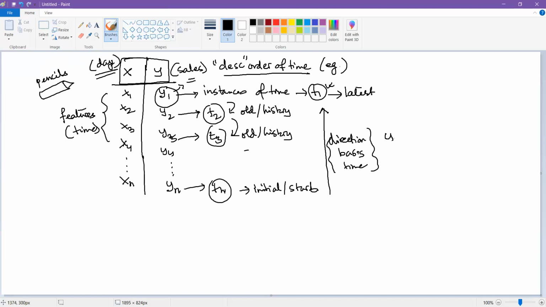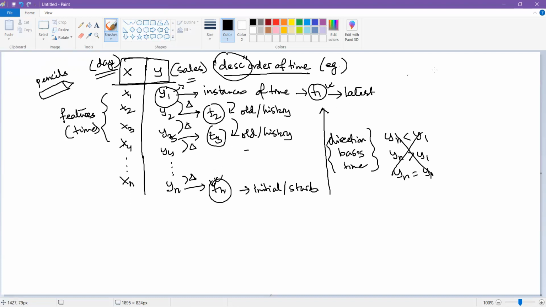So I'm not trying to say whether yn is less than y1 or yn is greater than y1 or yn is almost equal to y1 and so on. These are not the considerations that I'm making. I'm only looking at the time. Because I've ordered it in the descending order, I can now get the previous instances and take the minuses. So I can take the delta here, here, and over here, and in this way I can take the delta at each and every stage.